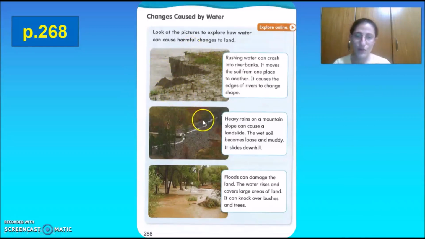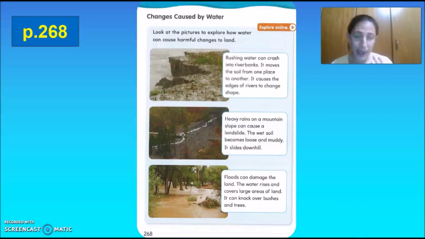Okay, let's move on to the second picture. Heavy rains on a mountain slope can cause a landslide. The wet soil becomes loose and muddy. It slides downhill. One more time, then I'll explain. Heavy rains on a mountain slope can cause a landslide. The wet soil becomes loose and muddy. It slides downhill. So they're telling us that when we have heavy rain on a mountain slope,